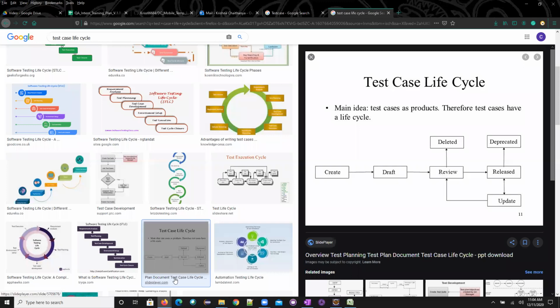Based upon the requirements, I'll try to derive my scenarios. I need to derive my scenarios for the login page. I need my inbox page, the functionality of the inbox: whenever I get a mail, I should see the list of mails, and when I click on one, it should open and I should be able to read its content. This is my inbox functionality. Like this, I have different functionalities. Now I need to write all the validations, positive validations and negative validations.